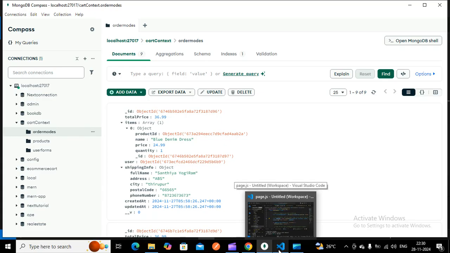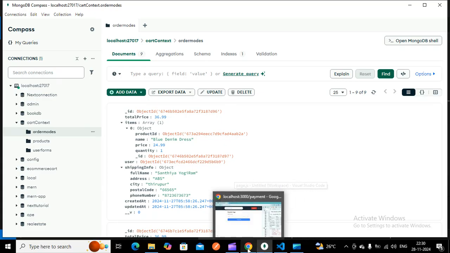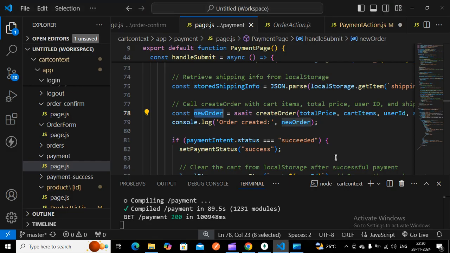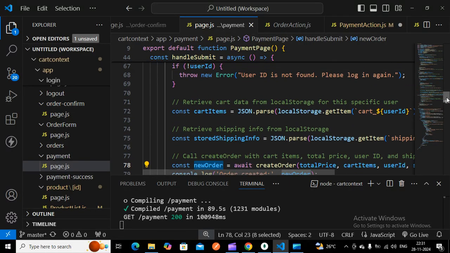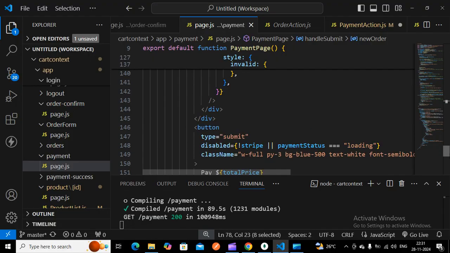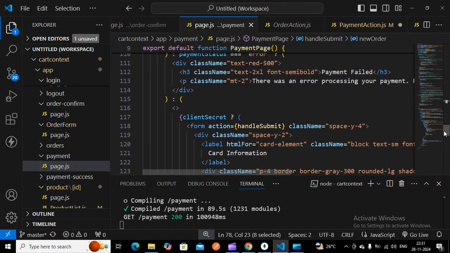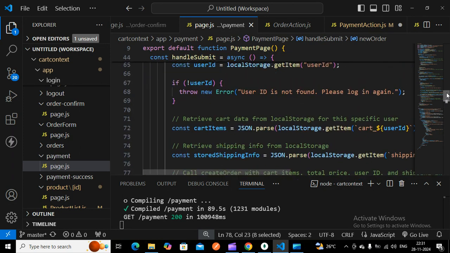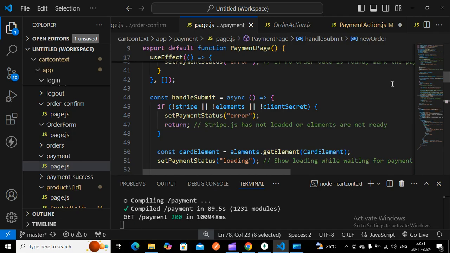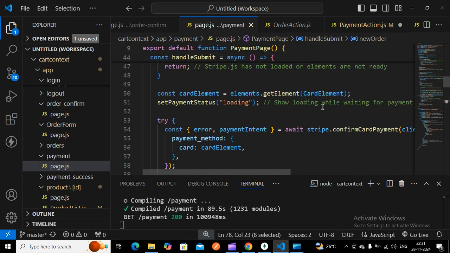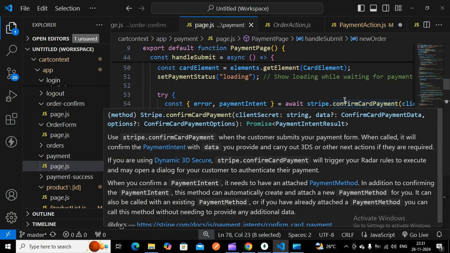Once I submit this payment, here you have to pay this particular total price. The client secret should be available, then the submit handle function will happen. In the handle submit, we have to enter the card details.